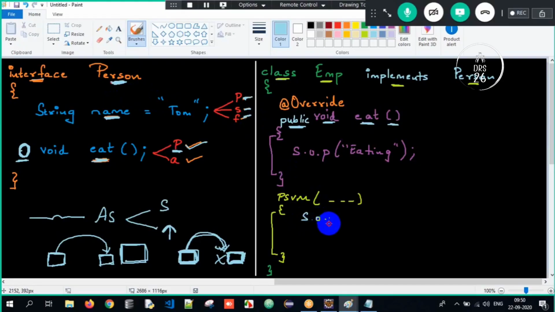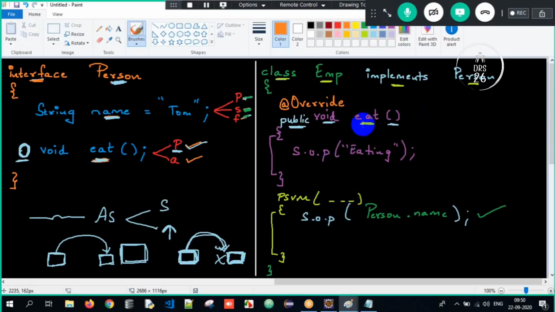So System.out.println, what is the interface name or class name? Person. So I have to write it as Person.name, because it's a static variable, automatically public, static, and final. So you have to access it with the help of the class name or interface name.